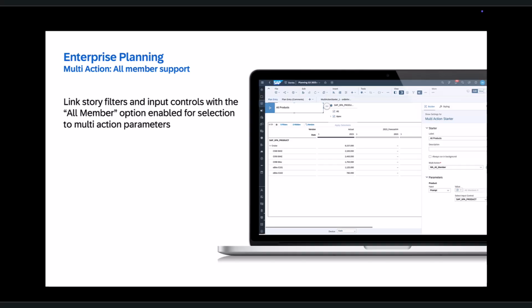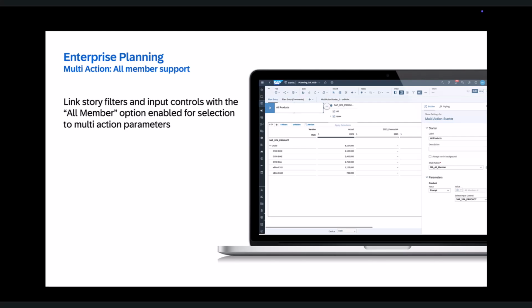The All Members selection minimizes member selection as it takes data access control permissions into consideration. For multi-actions, you can set the Allow All Members selection in data action steps and data locking steps. In the parameter details panel for these steps, the Allow All Members checkbox is disabled in the following conditions: if